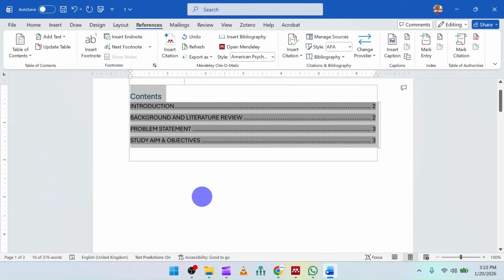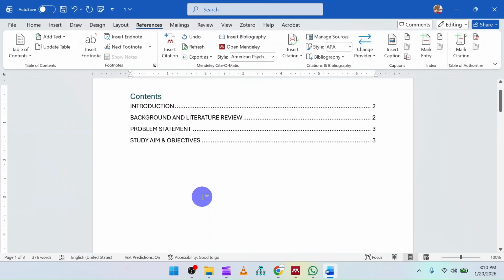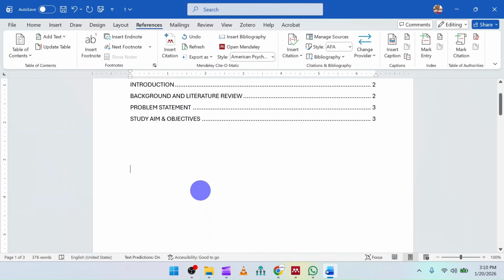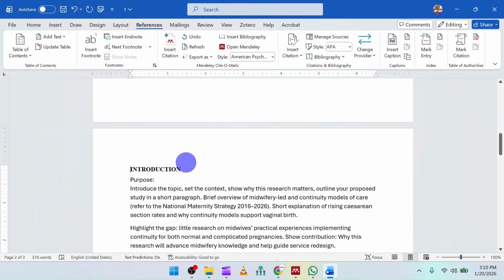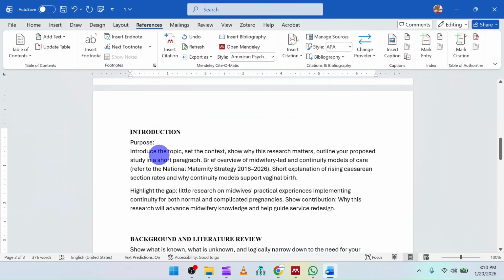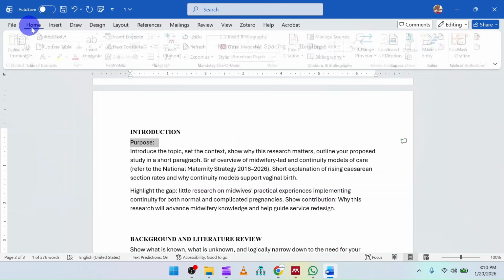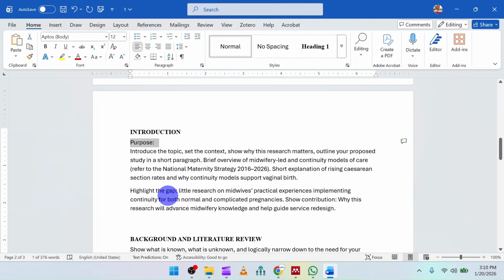But then let's say we want to show other subheadings in the table of contents. All you have to do is to do the same thing for the headings that we did. So let's say we want the purpose, for instance this text over here, to reflect in our table of contents, but because it is a subheading, we do not want it to be in the same style as the main headings are. So you highlight the text, you come to the drop down arrow here again under the styles,